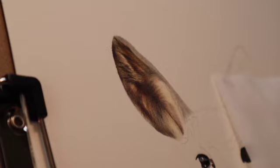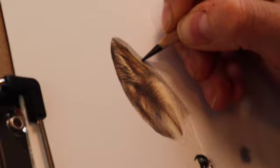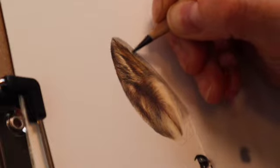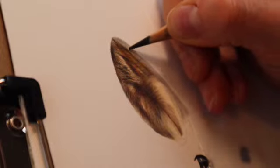Okay, so now I've got that down, I think I'm going to go straight in with the dark sepia, and just use different pressures. I just feel like this is the right colour choice for this. So yeah, I think I'll get the burnt umber just to blend off of here, just to blend off this colour slightly. I don't want a severe line, so